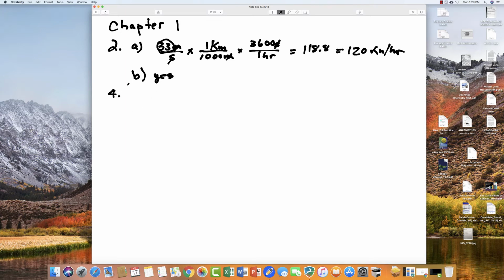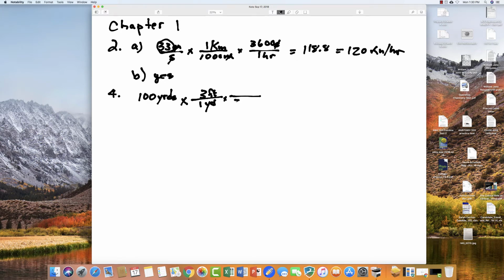The next problem is number 4, and it states that American football is played on a 100-yard field, excluding the end zones. How long is the field in meters, assuming that 1 meter equals 3.281 feet? So it's a 100-yard field, and we multiply that by the fact that there are 3 feet in a yard, so 1 yard is equal to 3 feet,